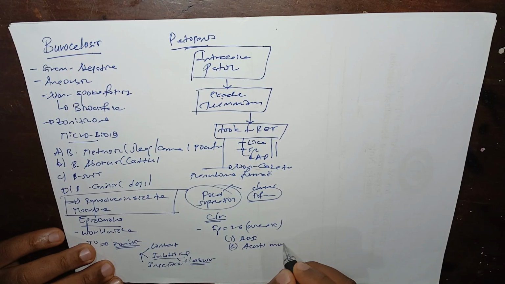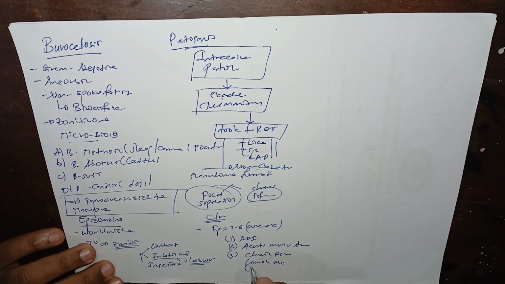Acute monoarthritis in children usually involves the hip and knee joints. Hip and knee joints are the most common ones. Then the third presentation is chronic fever and lower back pain. Chronic fever and lower back pain will be the most common picture. With lower back pain, the vertebrae, especially the lumbar region, are the most commonly infected places.